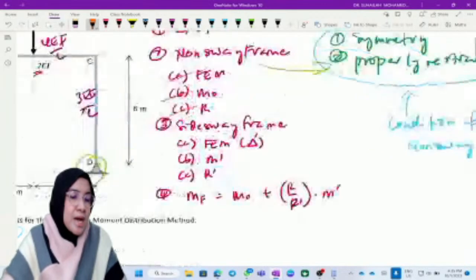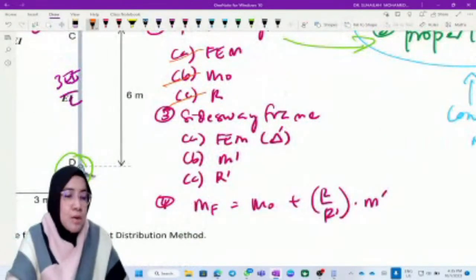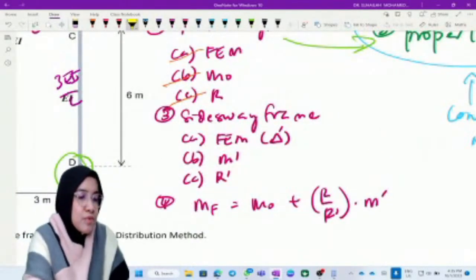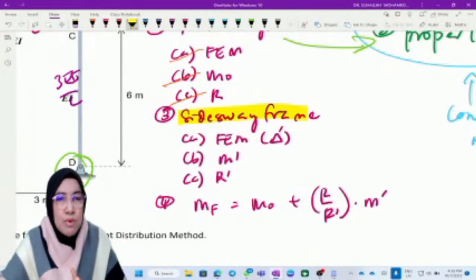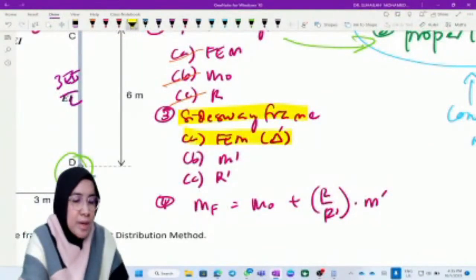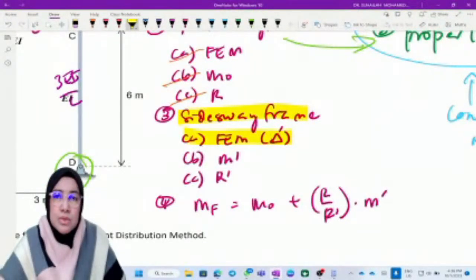Now we will move to the sidesway frame. This is actually the most difficult part, this step. This is the part where you have to assume FEM due to delta prime, because